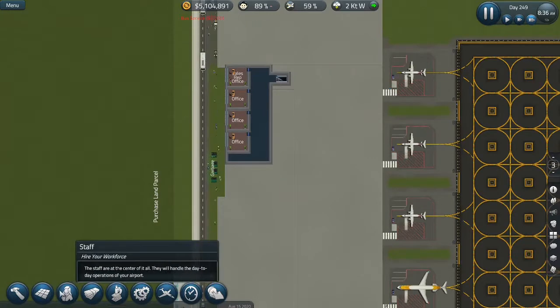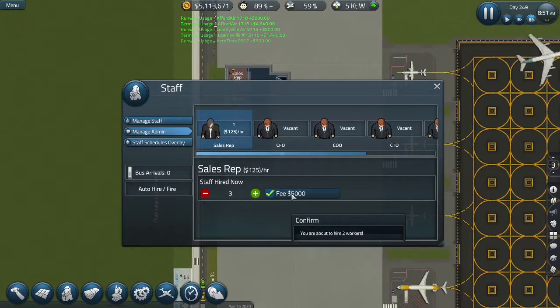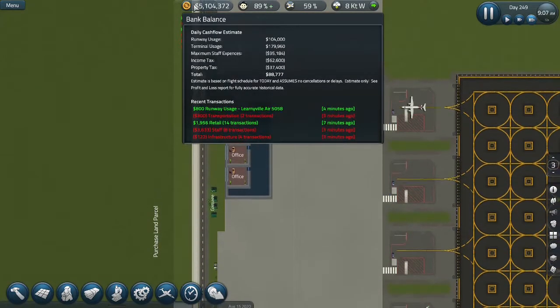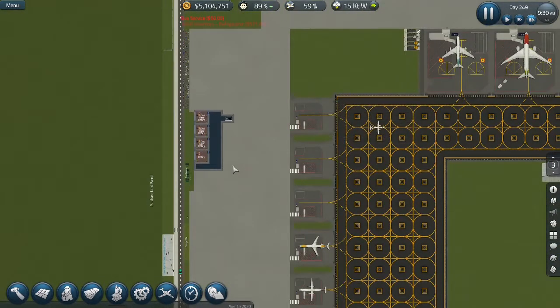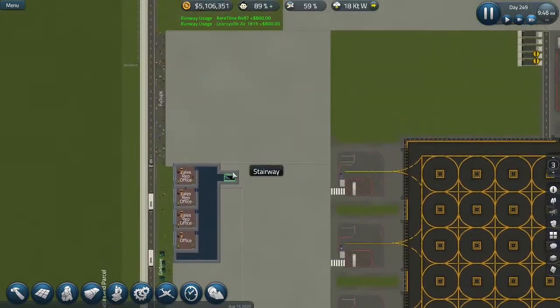I'm thinking that we might just add two more of them, because why not, right? They're not really that expensive. It's like 5K a day for two sales reps, and we already have the offices and we have the money to make more offices if we need to. So I'll do that, and also we can